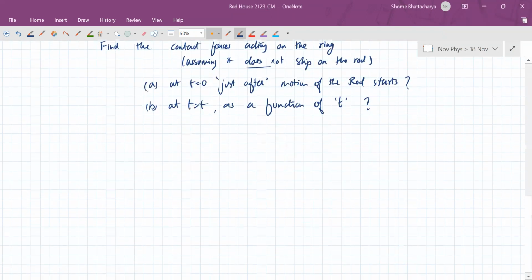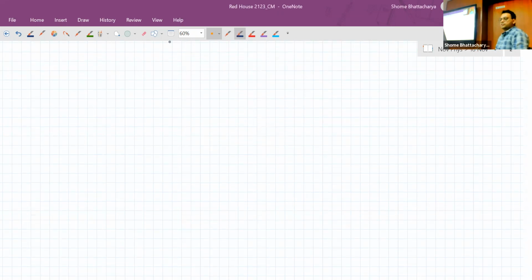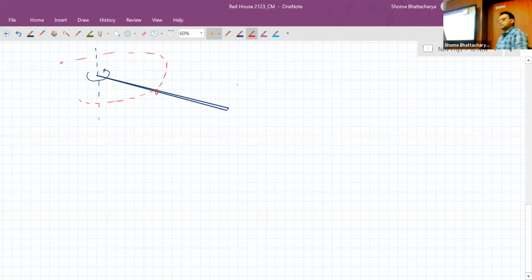I'll explain. So now we will see the FBD from two types of angles. One, we will look at it imagining that we are seeing it in a three-dimensional view. So if this is our rod, the rod is rotating about this axis like this. The ring which is over here somewhere is going in a circular path like this in the horizontal plane. Now what is happening? Earth is pulling the ring down with mg. The ring is in contact with the rod from the top, so that applies a vertical component of normal reaction. I'll write that as Nz because I'll take this as my z axis.